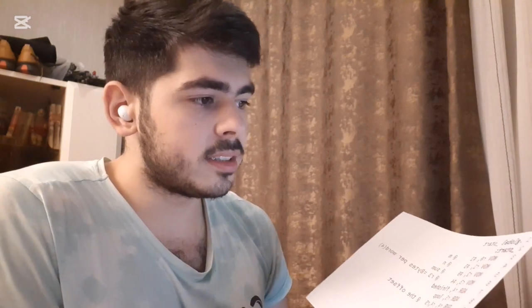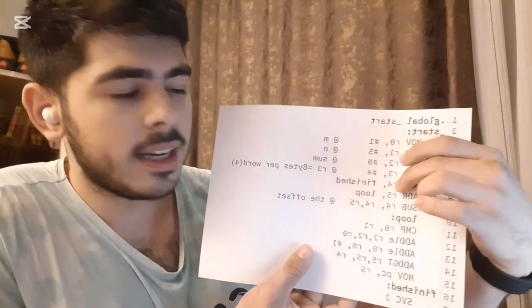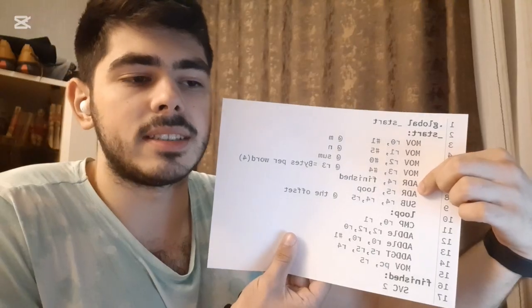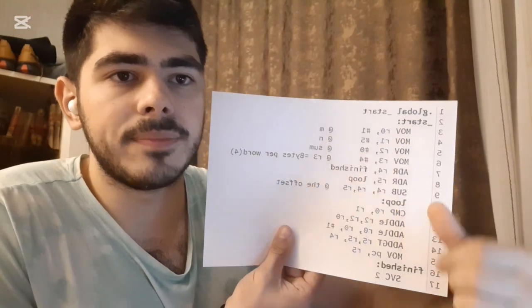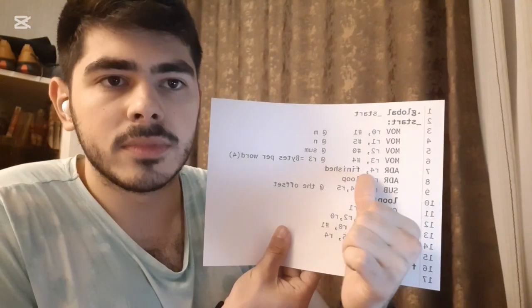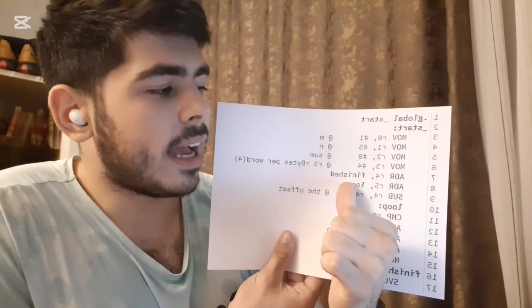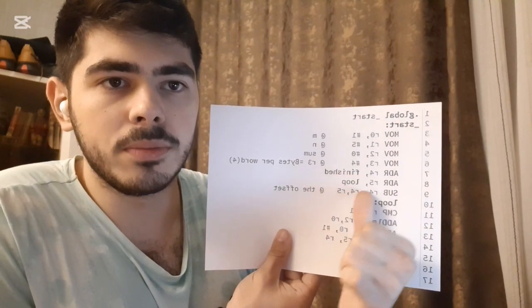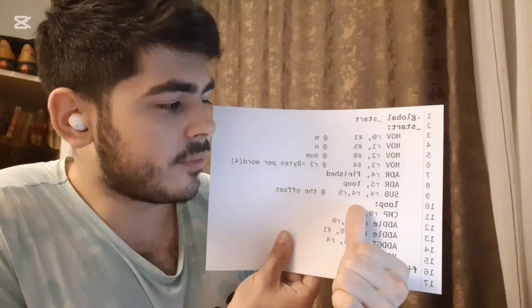Then I needed R4 as the computed offset. I used ADR, which means address, so I give the address of the label to this register. The address of finish I gave to R4, the address of loop I gave to R5, and then I found the difference